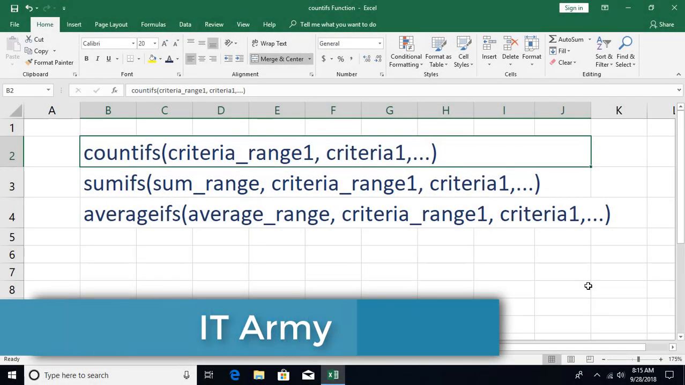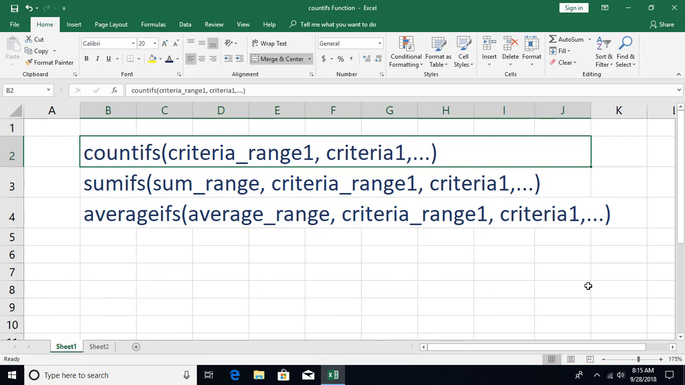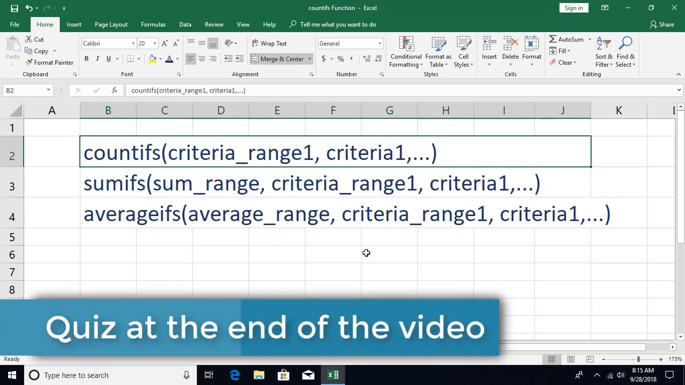This is tutorial number 53, and in this tutorial we're going to talk about COUNTIFS, SUMIFS and AVERAGEIFS. So let's get started. In the previous two videos we talked about COUNTIF and SUMIF, and the limitation is that the criteria can be a maximum of one, but if you want to have multiple criteria then you're going to use these